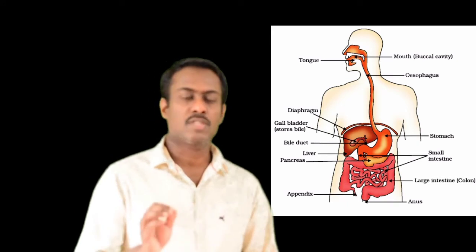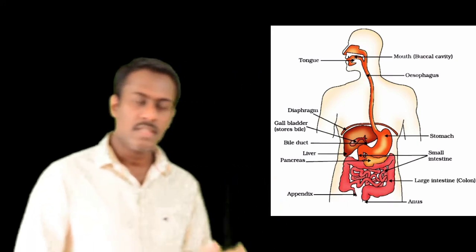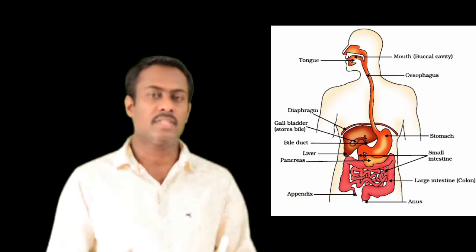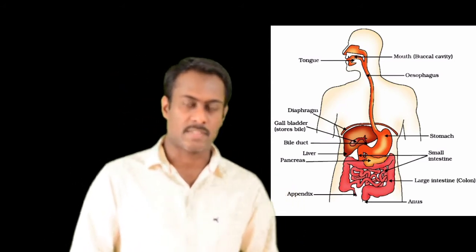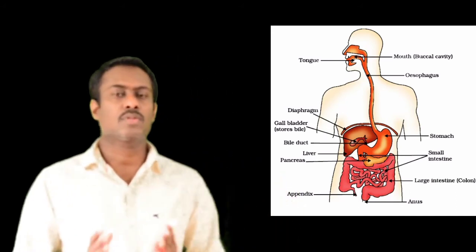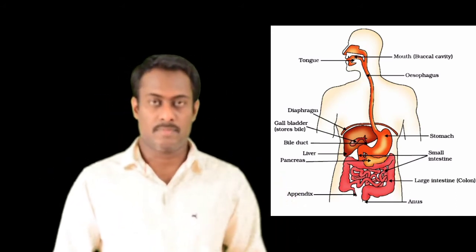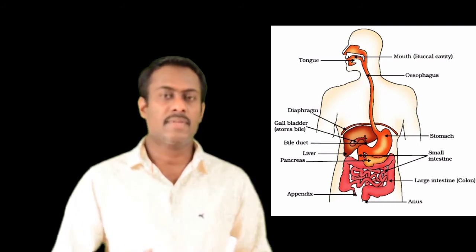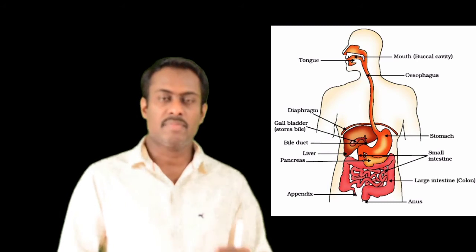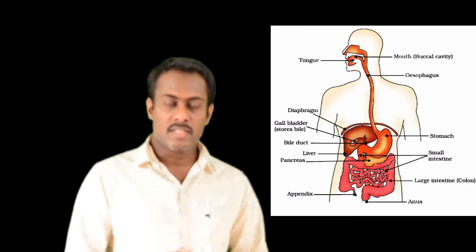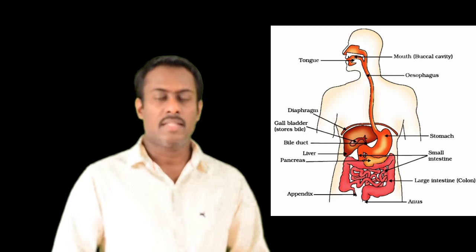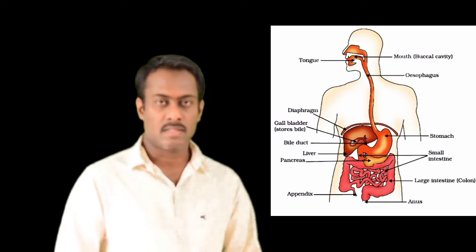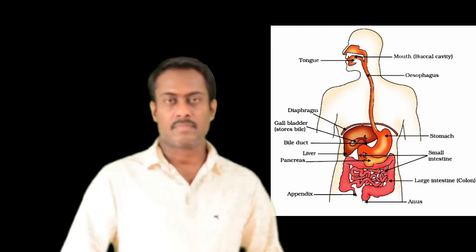These are the 5 steps involved in the case of nutrition. So let us discuss nutrition. What happens to the food that goes into our digestive tract? As we know, nutrition is the process of obtaining food by an organism. Every different organism takes different types of food. Precisely when we talk about human beings, we eat different types of food, and these have to be passed through the digestive tract called the alimentary canal.